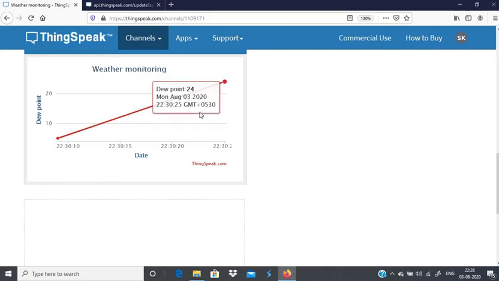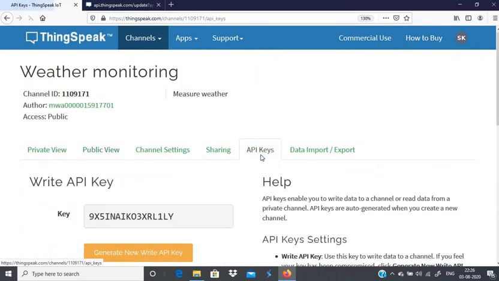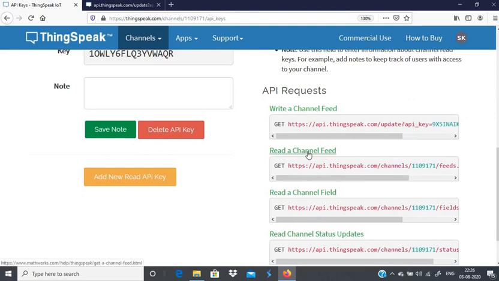So this is how you can write data into the channel. You can feed the data into the channel. Now we'll see how we can read the data from the channel. In order to do that, get into the API keys, read the channel feed. So what all we have fed into the channel, we can read it. So choose this key,